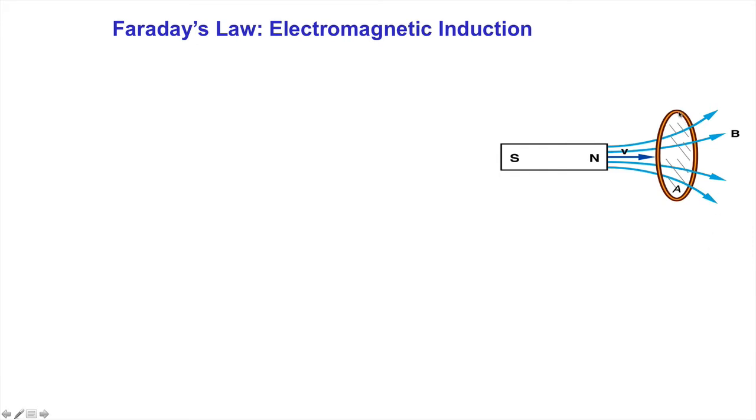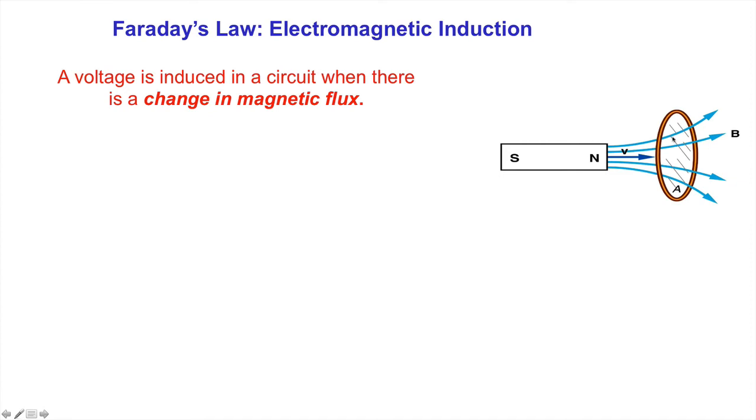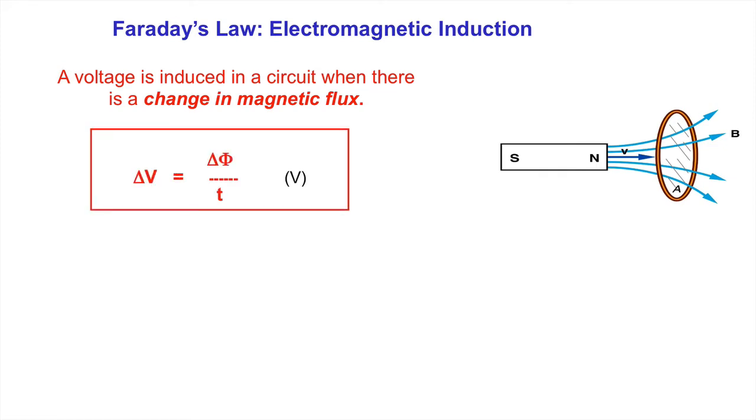Or the other way around, if you take a ring of wire, and you move a bar magnet into that wire, inside the ring, then you will start to create electricity. Electricity will start to move inside this ring. So this law is known as electromagnetic induction, or creating electricity by induction. Okay, so now